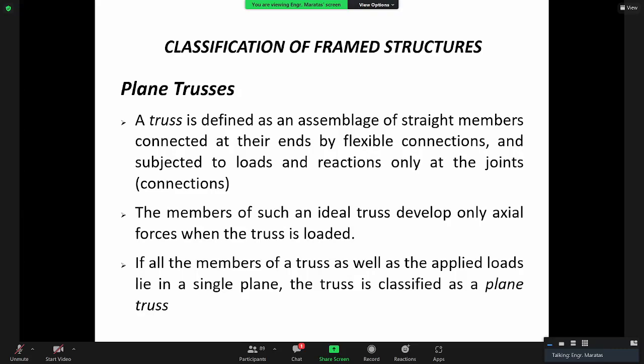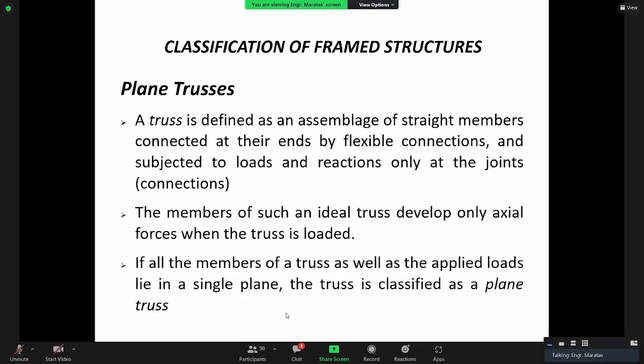So a truss is defined as an assemblage of straight members connected at their ends by flexible connections and subjected to loads and reactions only at the joints. No? So that's the assumptions for an ideal truss. No? So the loads are applied at the joints. No? So the reactions are also at the joints. Okay? The members of such an ideal truss develop only axial forces when the truss is loaded. Okay? So one of the basic assumptions of the truss is that it's a two-force member. No? So it's only